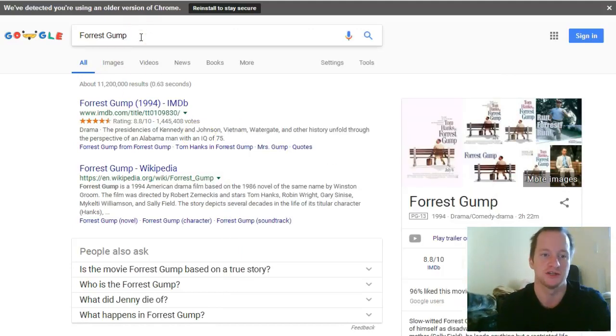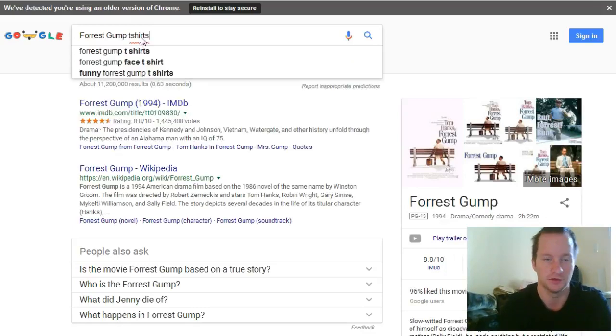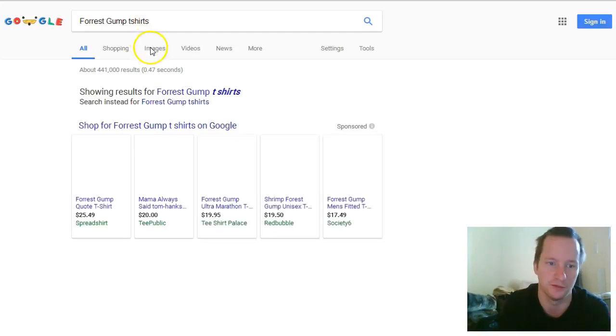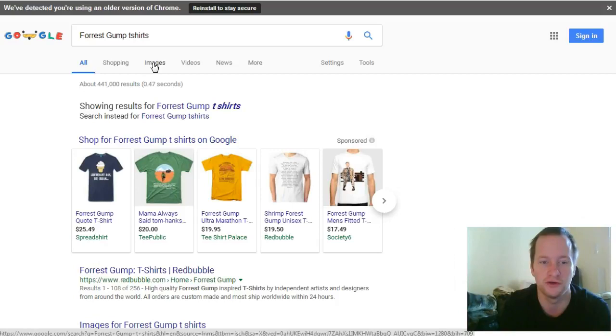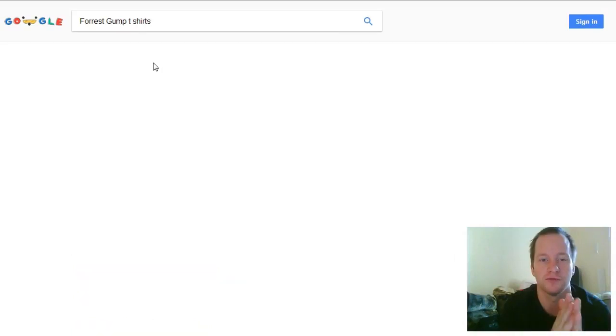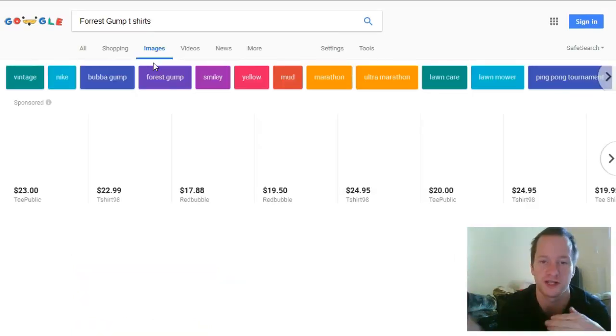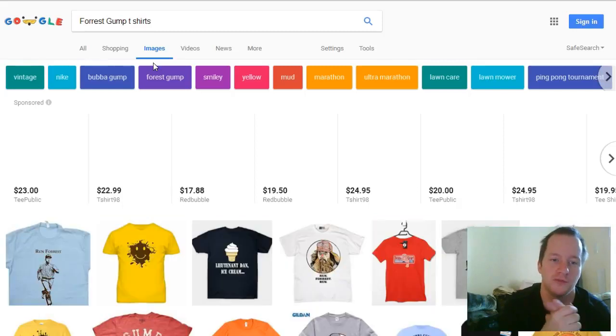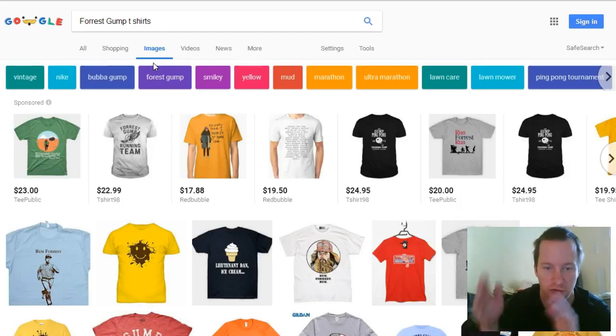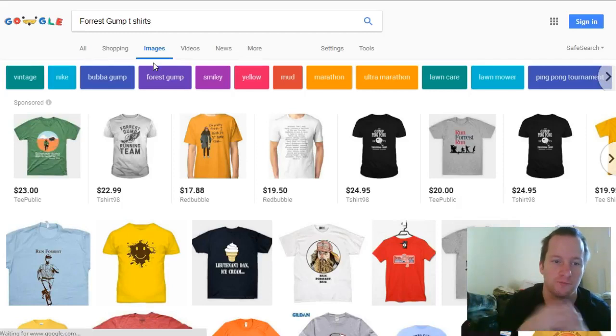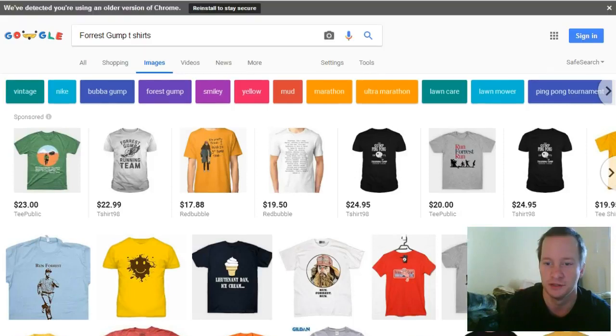So let's look at T-shirts, see if we can get any T-shirt design. Now, of course, with Forrest Gump, we'll be targeting people that like the movie Forrest. Now, on Sunfrog, there's not a certain quota that you would have to reach to get a sale. With Sunfrog, when you make the sale, you make the sale. With other sites like Teespring, you would have to reach a certain amount of shirts in order to get paid. But for Sunfrog, if you get one sale, you get one sale. But it all depends. And if you find one that sells really well,